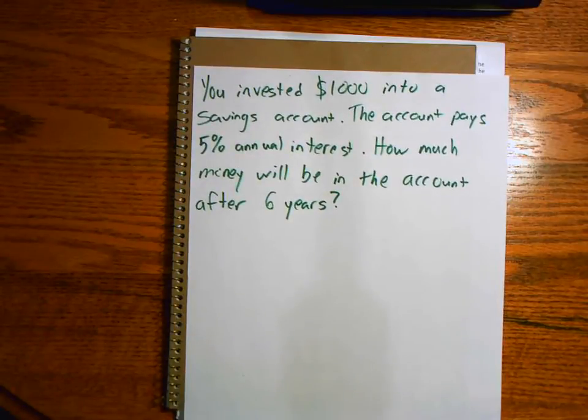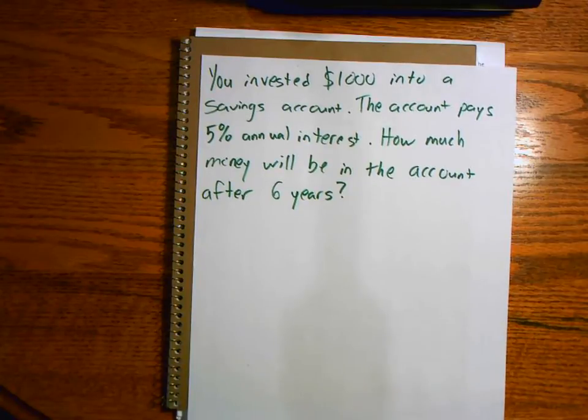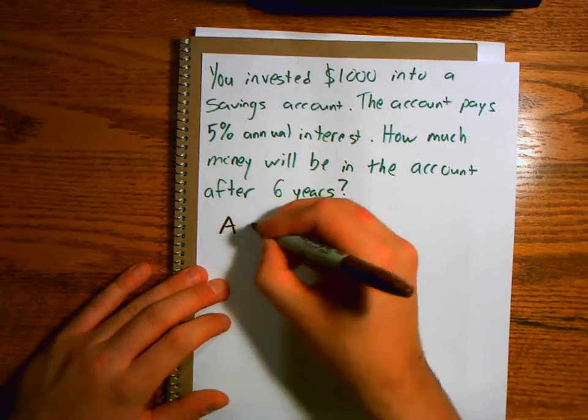And so if we have an example that's looking into investment and a savings account, let's say you invested $1,000 into a savings account, and it's going to give you 5% interest every year on the money that you have in the account. So if we want to figure out how much money will be in there after 6 years, we look at our modeling equation,